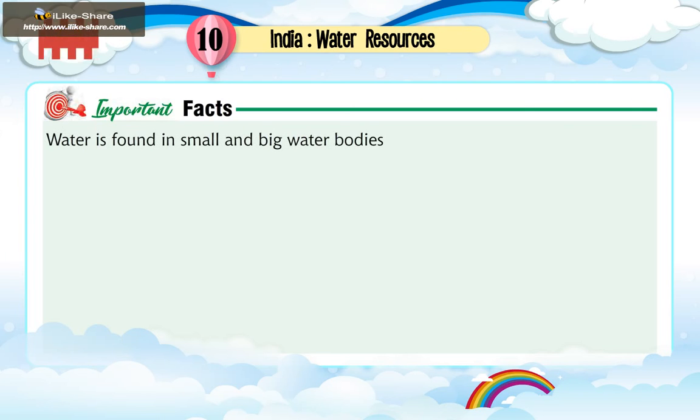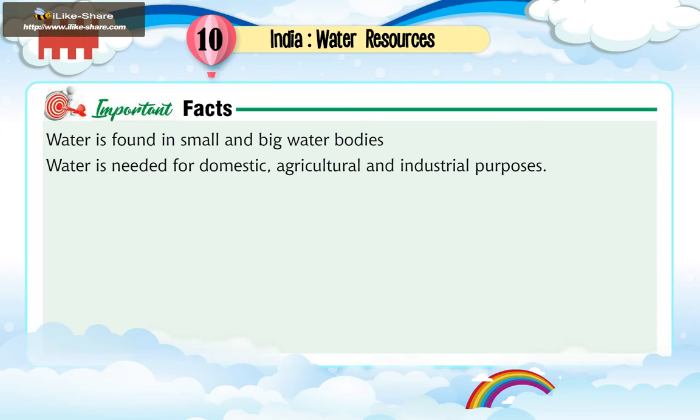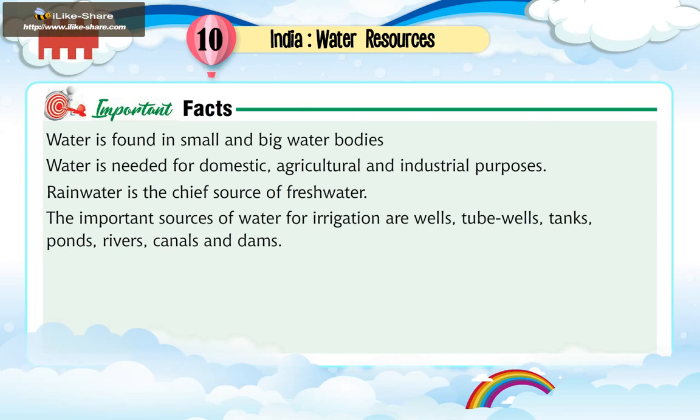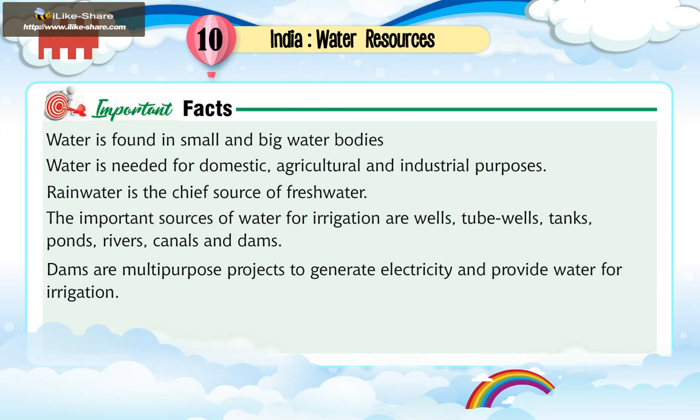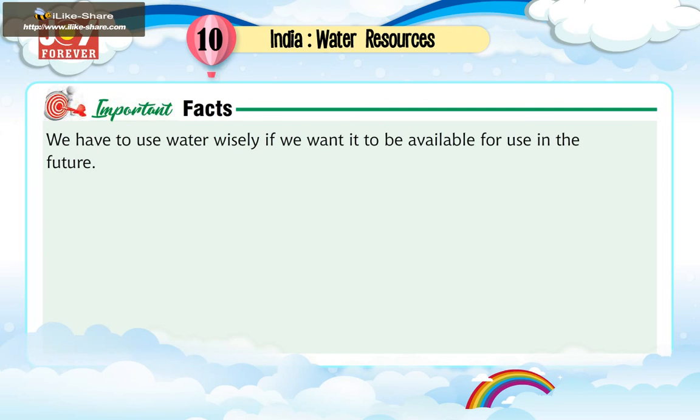Important facts. Water is found in small and big water bodies. Water is needed for domestic, agricultural and industrial purposes. Rainwater is the chief source of fresh water. The important sources of water for irrigation are wells, tube wells, tanks, ponds, rivers, canals and dams. Dams are multi-purpose projects to generate electricity and provide water for irrigation. We have to use water wisely if we want it to be available for